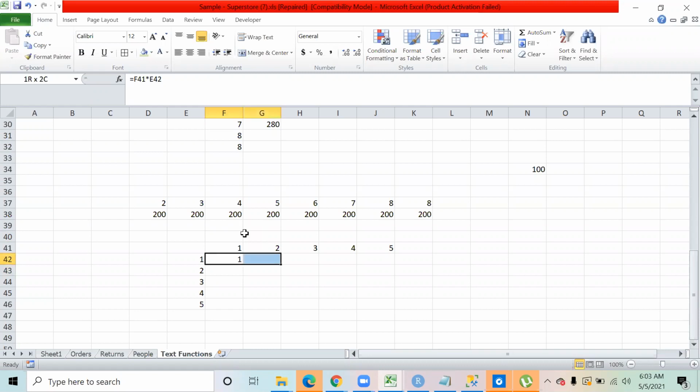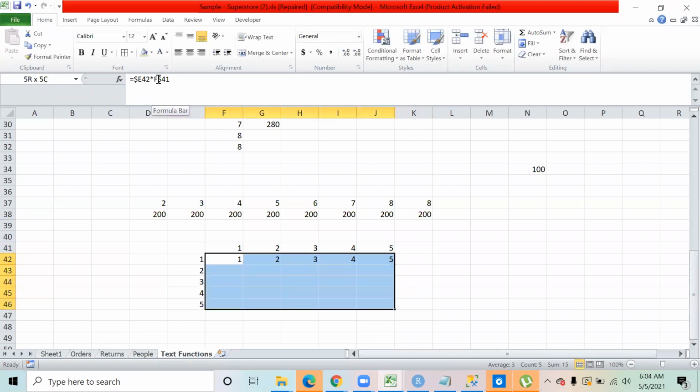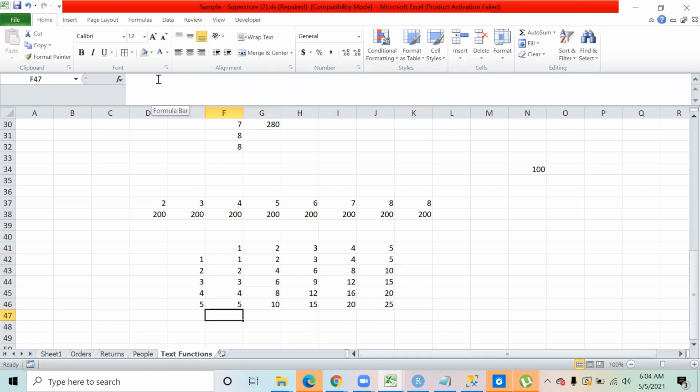Because if you see over here, when you are multiplying with these numbers and you copy and paste the formula down, the row number should not change. And when you are multiplying with these numbers, when you paste it on the right hand side, the column number should change, but the row number should not change. That's exactly the same thing that we have to do. So if I say this number multiplied by this number, with the first number, the column number should not change, and with the second number, my row number should not change. And if I paste it down, I get the correct number.